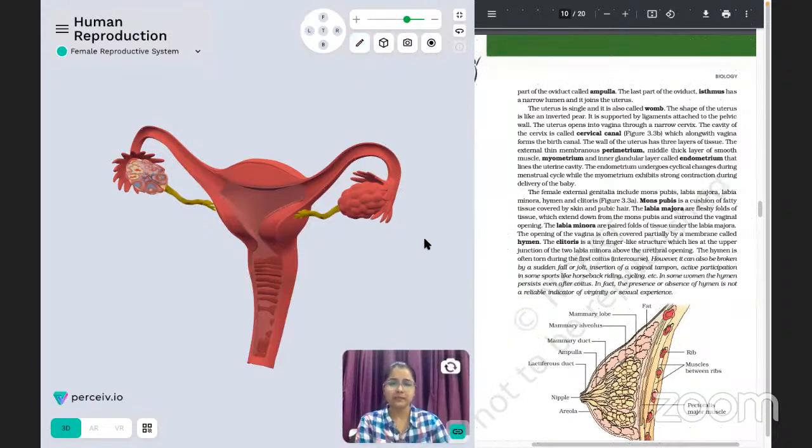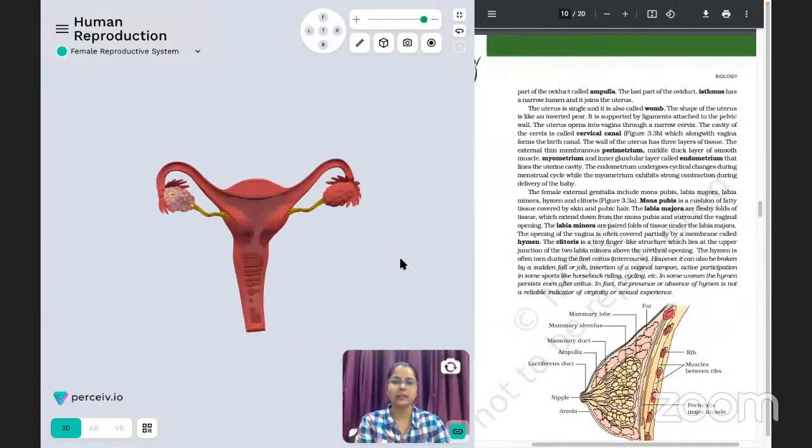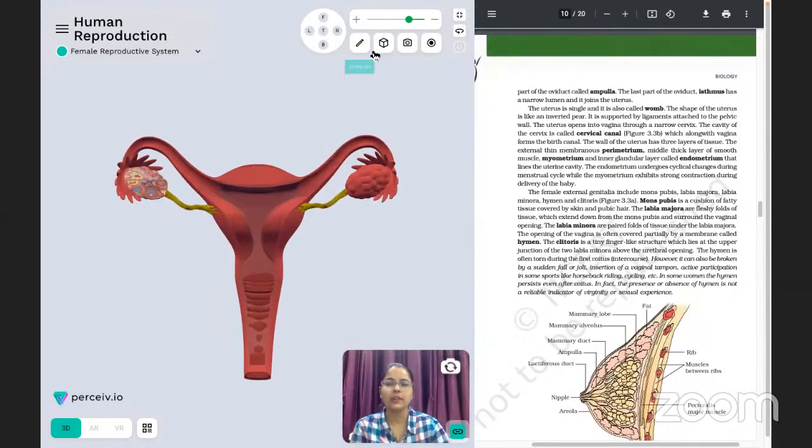Now, moving ahead with the third important section, and that is basically the uterus part. All right. So for showing the uterus part, we can just isolate, or we can just use different colors for highlighting it. Like, for example,